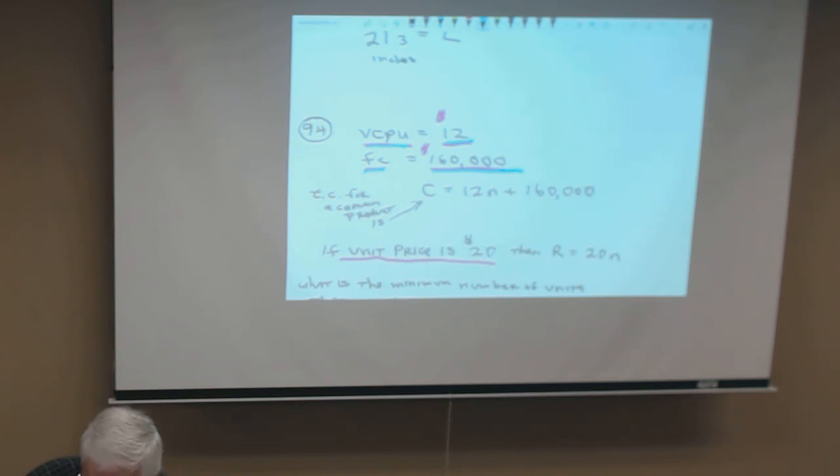I've taken all these words and extracted information that I'm going to operate on mathematically. The total cost for a certain product is this big formula. If the unit price is $20,